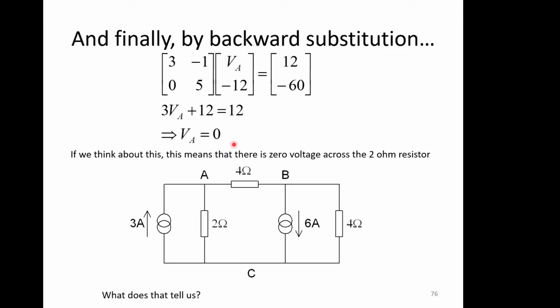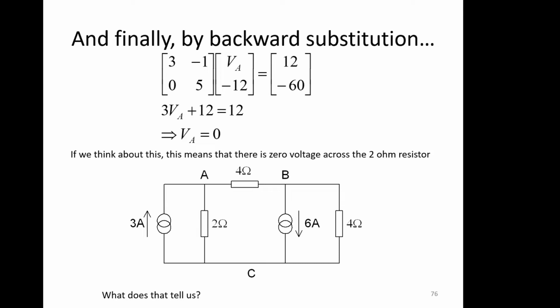So now we can go back and say, well, what does this mean practically now we've got these two voltages? If we think about this, this means that there is 0 voltage across the 2 ohm resistor. And what does that tell us? Well, if there's a component that's got no voltage over it, then no current can flow in it. So we could just remove that component and it wouldn't actually affect the operation of the circuit